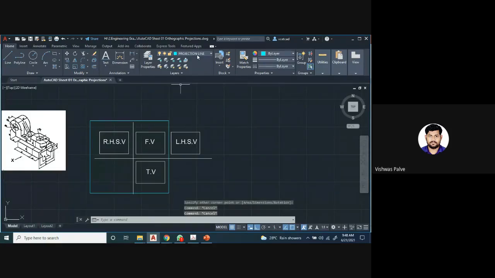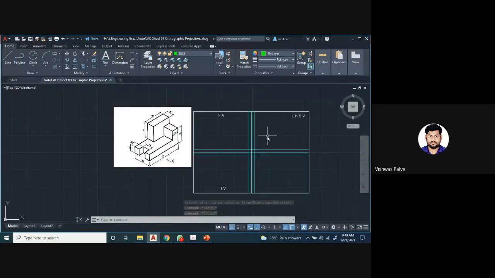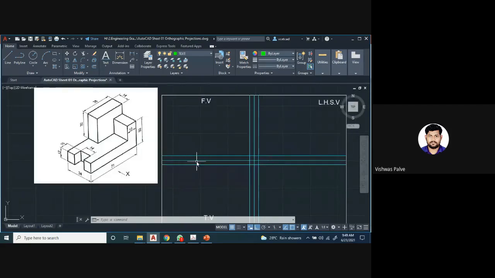And suppose I want to draw a left hand side view, then I will utilize somewhat like this. So we are fitting it as per our choice. In this case, we have to draw the left hand side view, which will be drawn on the right hand side. So let us start the numerical first.